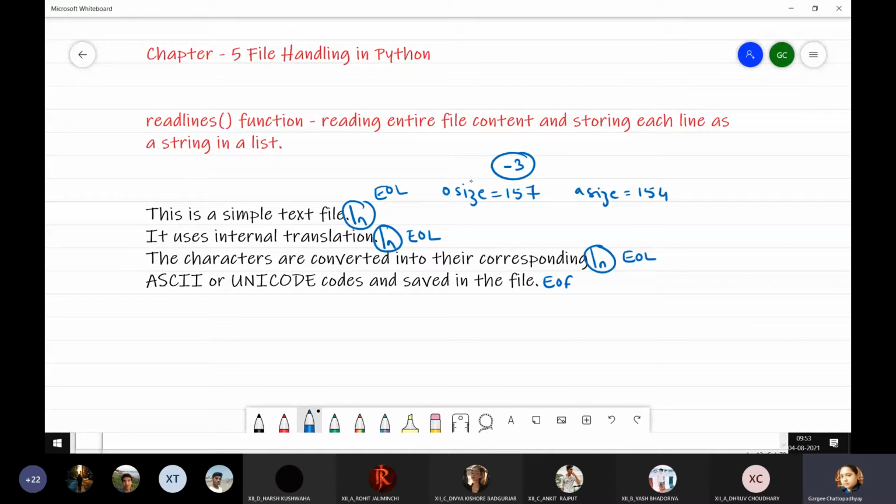So this is a memory map which we are drawing over here. It's very important that you don't just start writing the program on a whim. You first work it out in the copy. First you figure out where is the EOL character, whether this EOL character will be stripped or not, which function will be used to strip it. If I don't want to display any blank line after each line, what do I need to do? So all these things you have to work out. Understood? I hope this was clear to everyone.